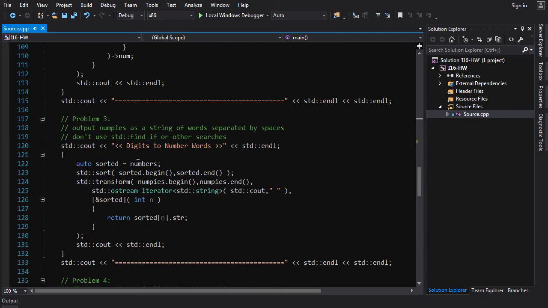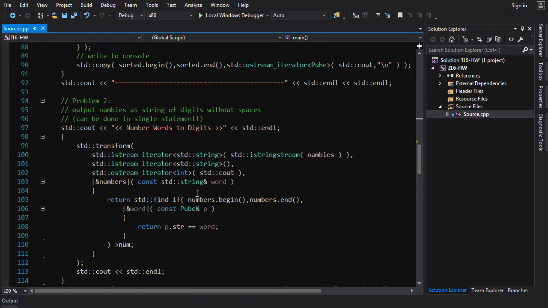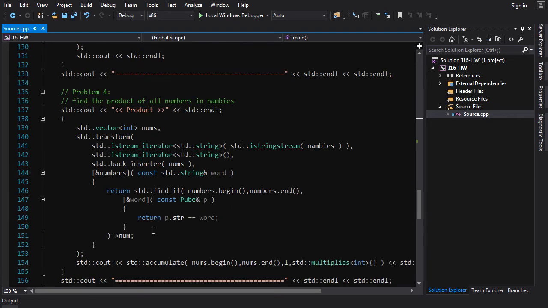And the way that we do that is we do it the same way we did before up here. We do that, but now instead of inserting into ostream, into cout, we have a vector of ints, and we do back_inserter into those ints. So first we convert our string into a vector of ints, and then we have to do the product of